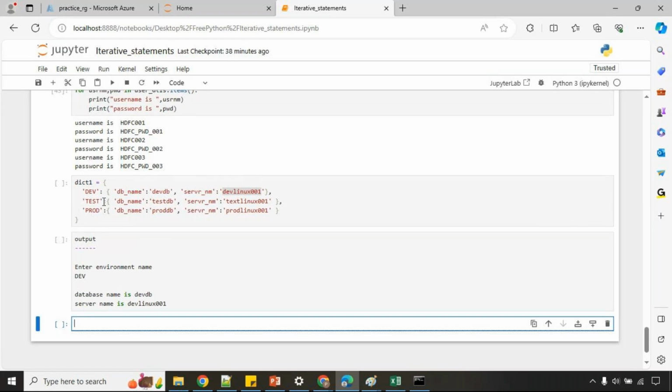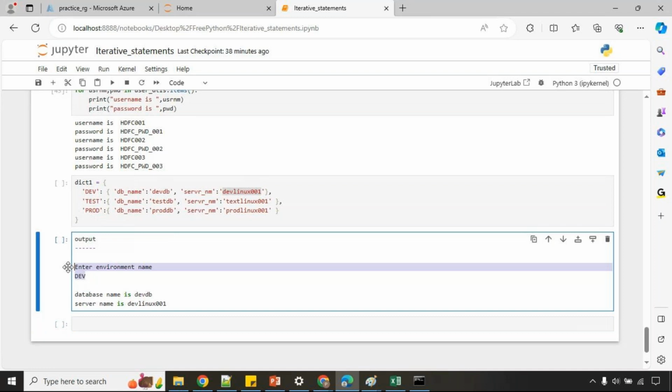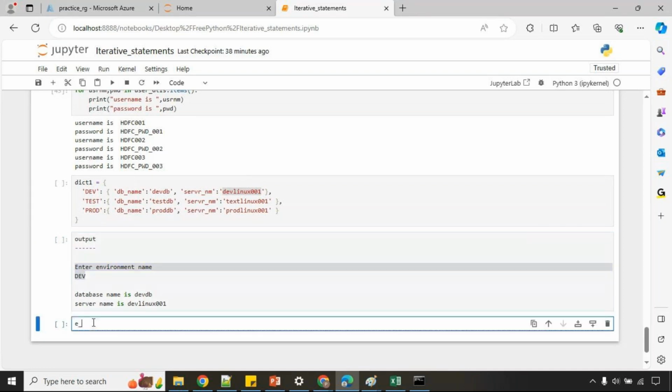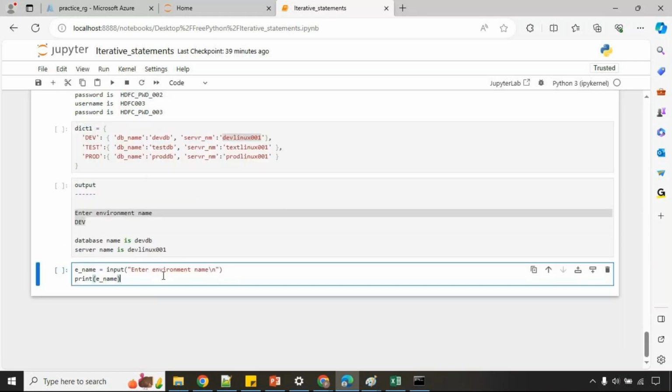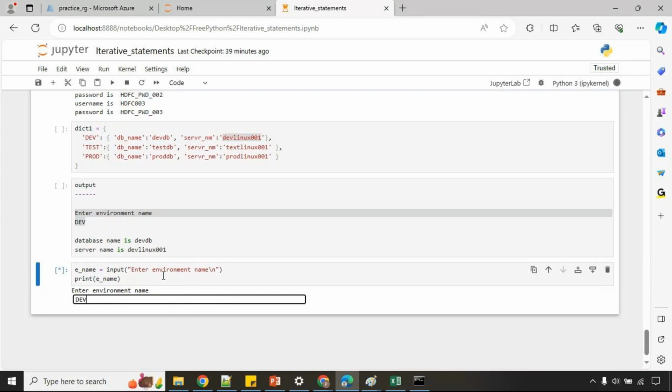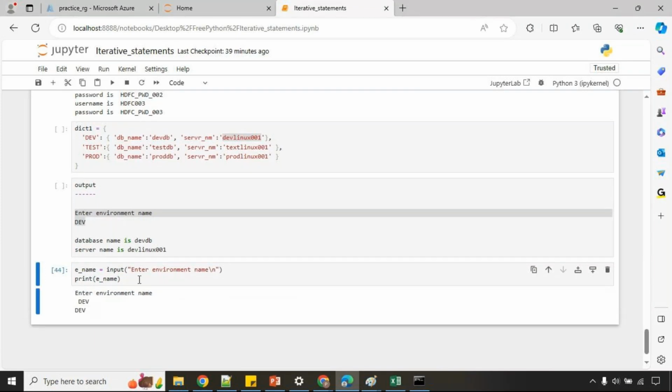Okay, so here what I'm going to do is, first, I'm going to check this one. Environment name equal to input of enter environment name. Print e_name. Whatever I enter, I'm going to print that one. I'm going to enter dev, and it prints that one. Now,